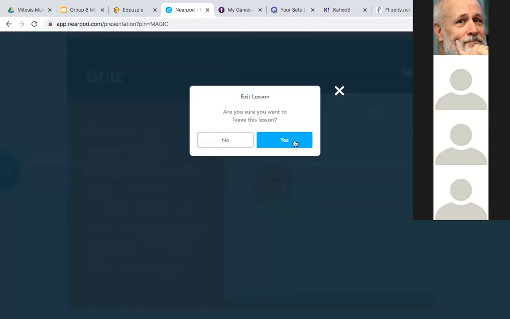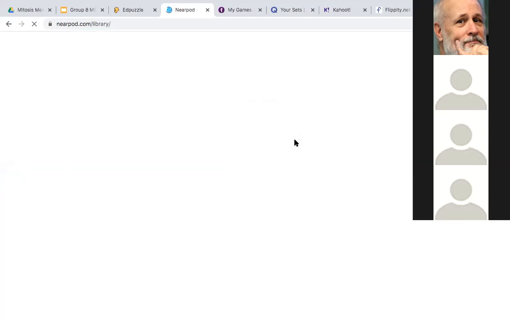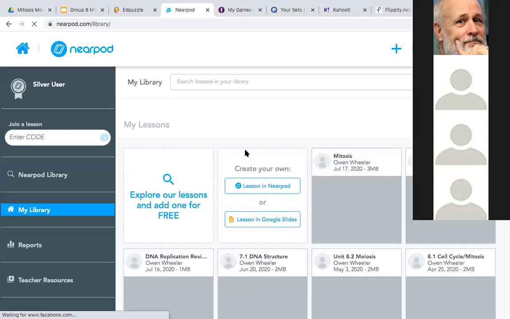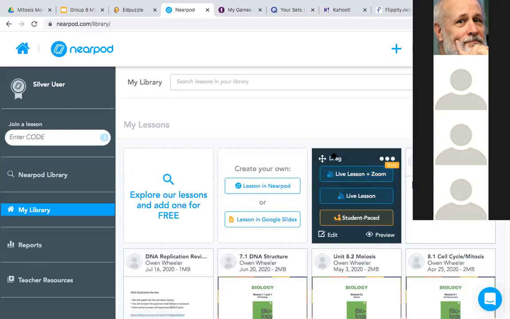So I'm going to show you one of mine. This is one for mitosis. So what this looks like, I have all this already loaded in my library. I have the option to send it straight to a Zoom if you use Zoom. If not, if you use Blackboard Collaborate, which I still do, you can create this live lesson and they'll get a code.